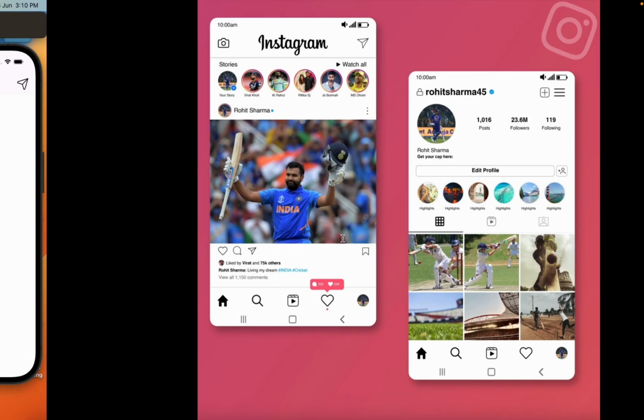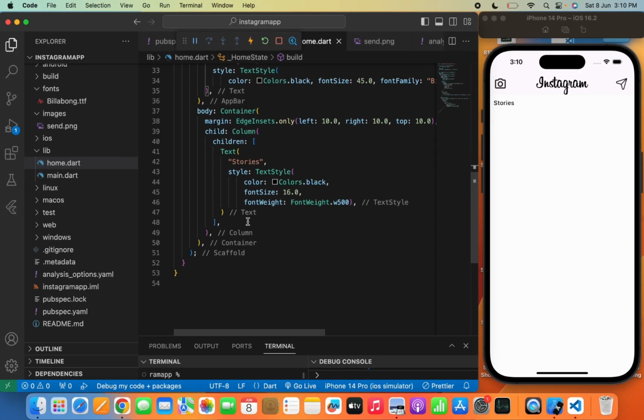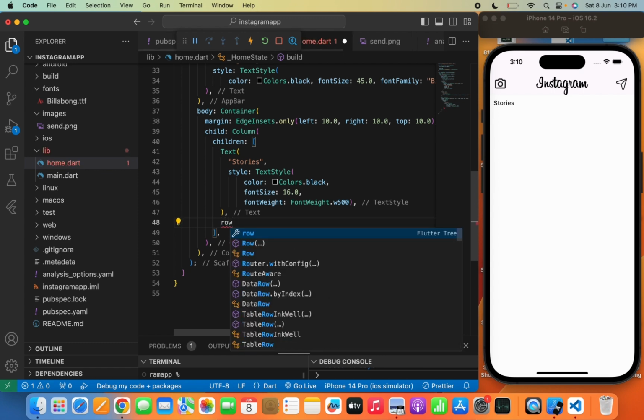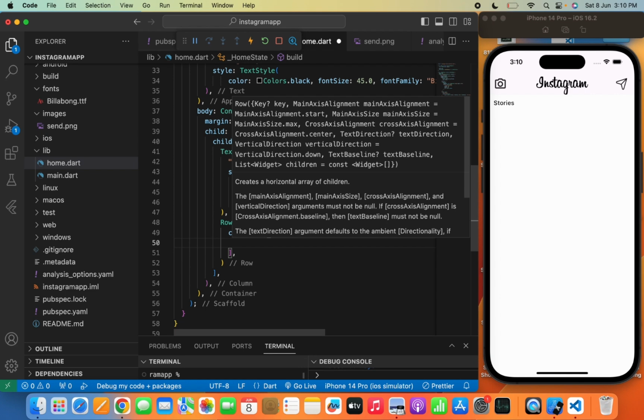I was telling that in the stories there is a fixed circle or image where the image of the user is shown, with the text "Your story", and you can see that there is a plus icon. We need to create this by using a Stack widget, because this icon is just over this image. So here we need to pass a Row, and in the children I will write one